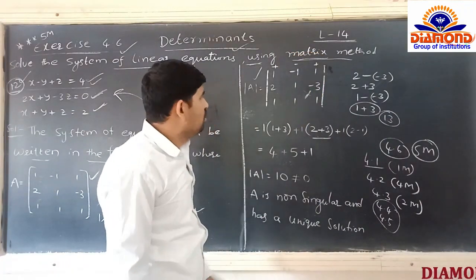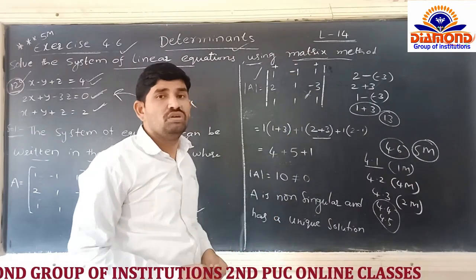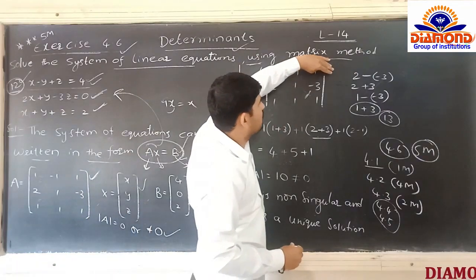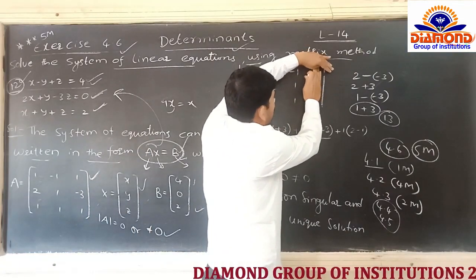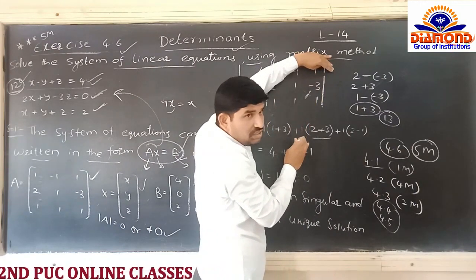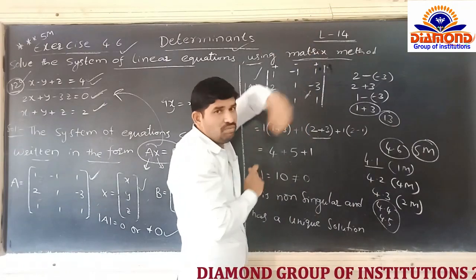Yes or no? By closing the address of 1 here, this is present in what? In which row, which column? This is present in the first row. Yes or no? And which column, that is last column. By closing the address of this one, we are having the elements here. What are the elements we are observing here? 2 1 1 will be there.